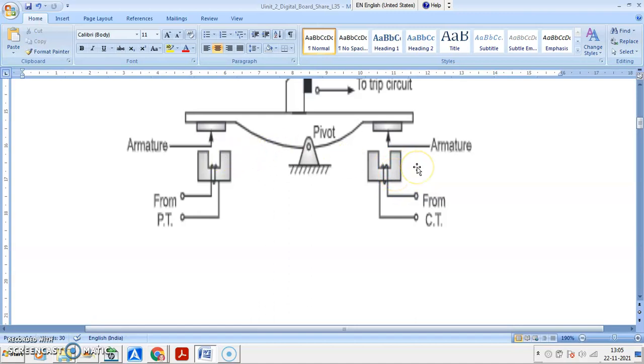Torque is produced by electromagnet in opposite direction, which we have studied. Torque is proportional to V and torque is inversely proportional to current I. So torque produced by this is in opposition to torque produced by this. Under normal operating condition, relay is inoperative, because there is a pull on both sides. This side pull because of voltage, this side pull because of current. So due to this, relay is inoperative. But when fault occurs, voltage decreases and current increases. When impedance reduces, 1 minute.